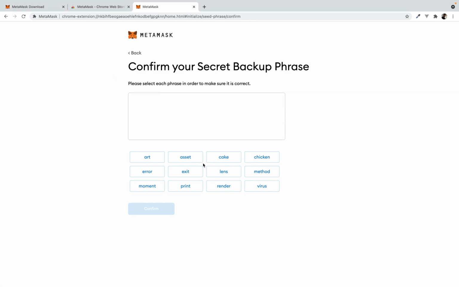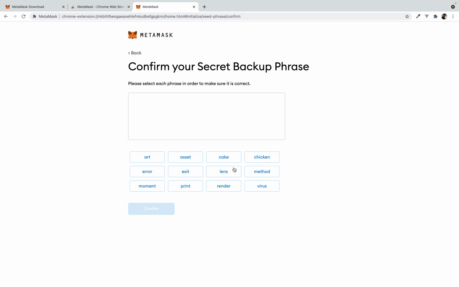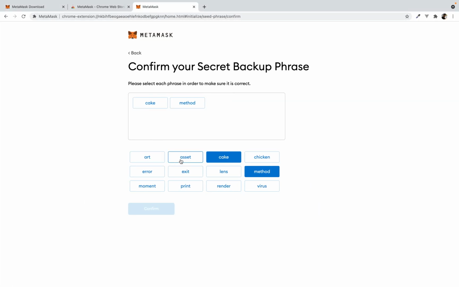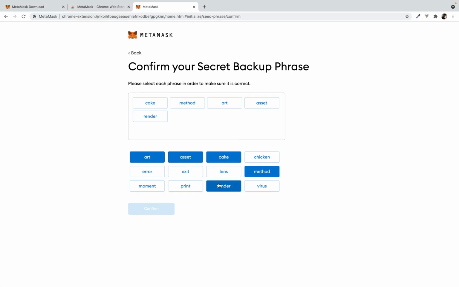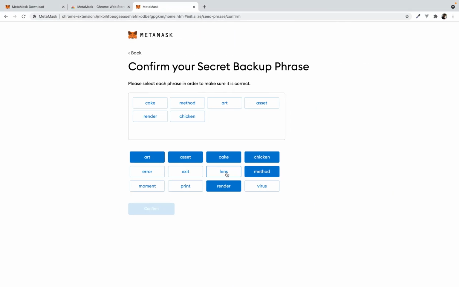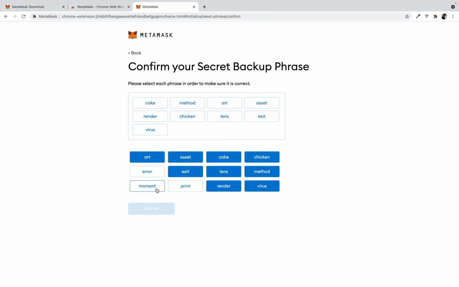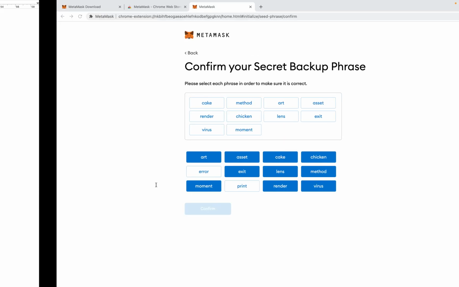Now you need to enter your passphrase on this page. First one is cake, second method, third art, asset render chicken, lens exit virus, moment, error print.